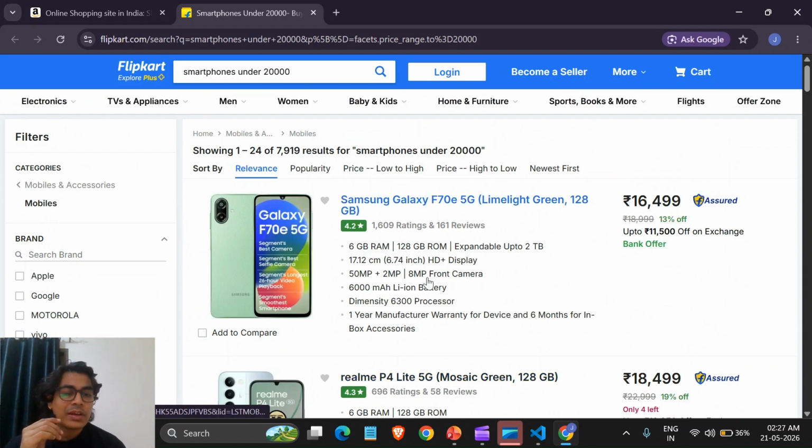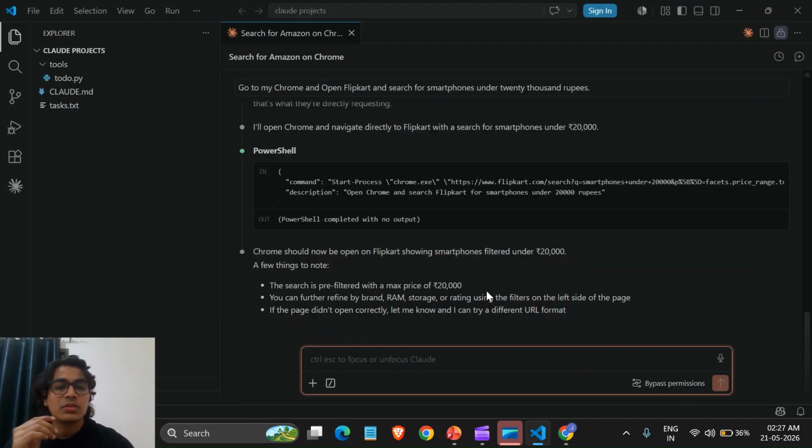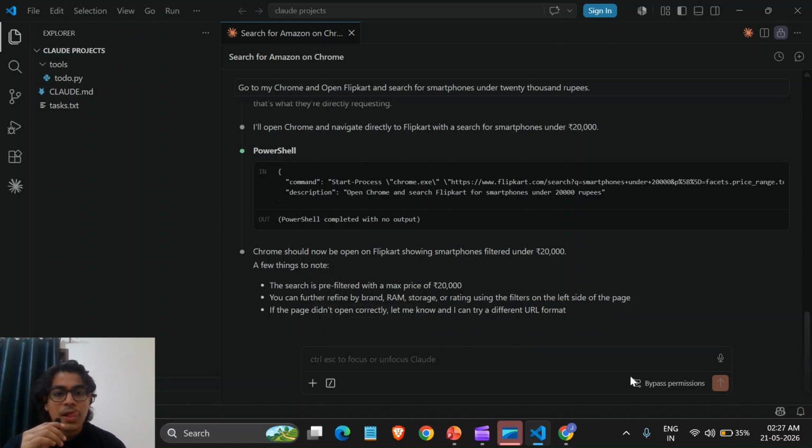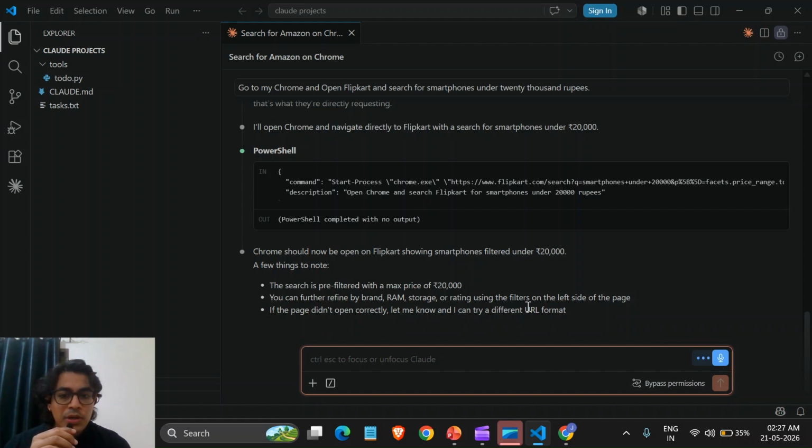One more example we can take over here. Open Chrome and open MakeMyTrip and search for flights from Oman to Ahmedabad.